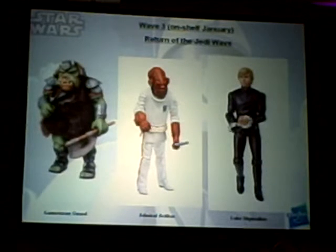So the Gamorrean Guard, top to bottom, horn to toenail, it was just awesome being able to pick up the prop and the whole thing. So he's probably about as accurate as we can get. It was just incredible seeing all the props and being able to work with Lucasfilm as hands-on as we were. They were just great, opening the doors, letting us in. The Gamorrean Guard they had there, Akbar they had there. Howard the Duck was there too. He was laying in state. A special photo of Howard. But it was awesome. They were just so helpful and giving, and we were able to add so much more. And by adding all the additional articulations